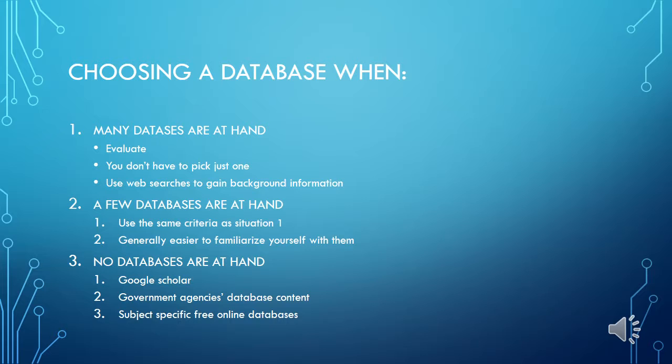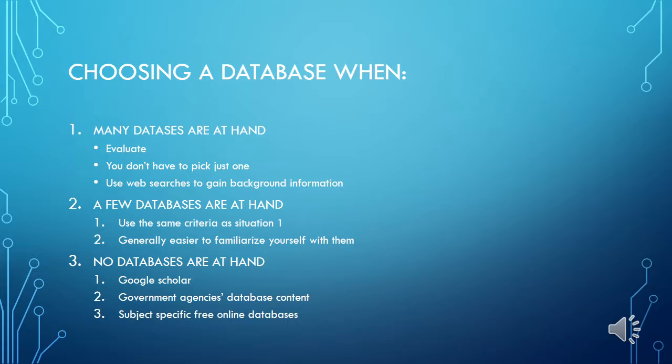When no databases are available, be sure to take advantage of free online databases. Often government agencies put their database content online for free. Google Scholar is also effective for article searching and has a lot more advanced searching possibilities than regular Google searching and web page searching. Some examples of these free online databases include archive.org, Biomed Central,